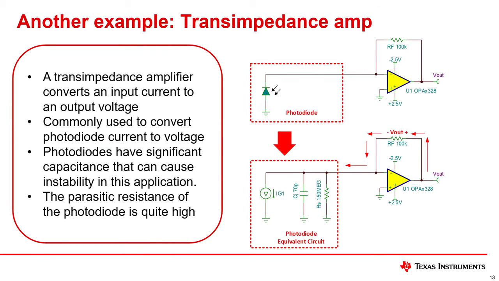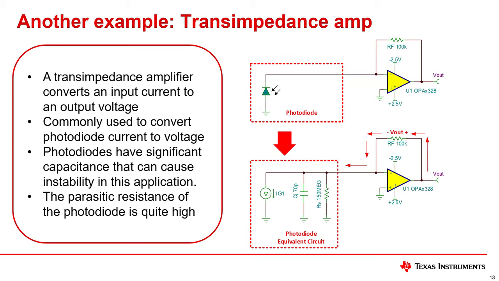Now we will transition to an explanation of stabilizing transimpedance amplifiers. Technically, this is just a special case of the previous discussion, but transimpedance amplifiers are a common application, so it is worthwhile to see the rules applied. A transimpedance amplifier is designed to translate an input current to an output voltage.